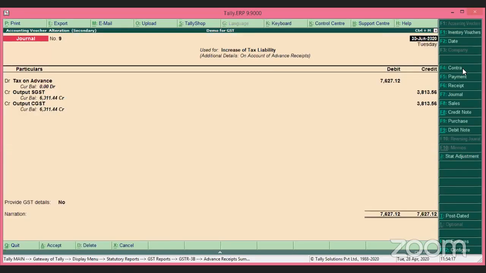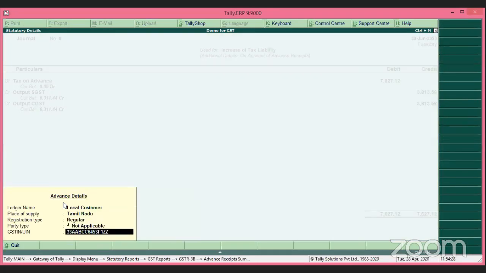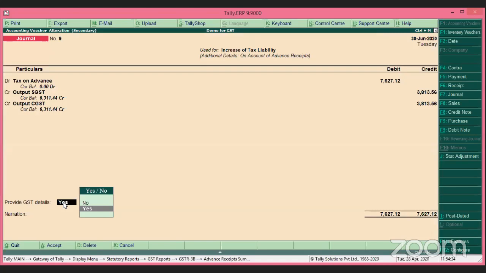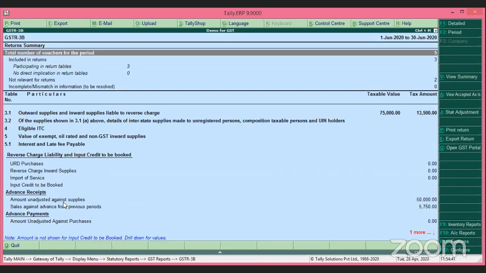I've increased the liability. I booked the liability now. The details I've given here, I have received from the customer, a local customer. I've given everything. I've got it in Chennai. It has output CGST and SGST, right? So after doing this, what I did is,